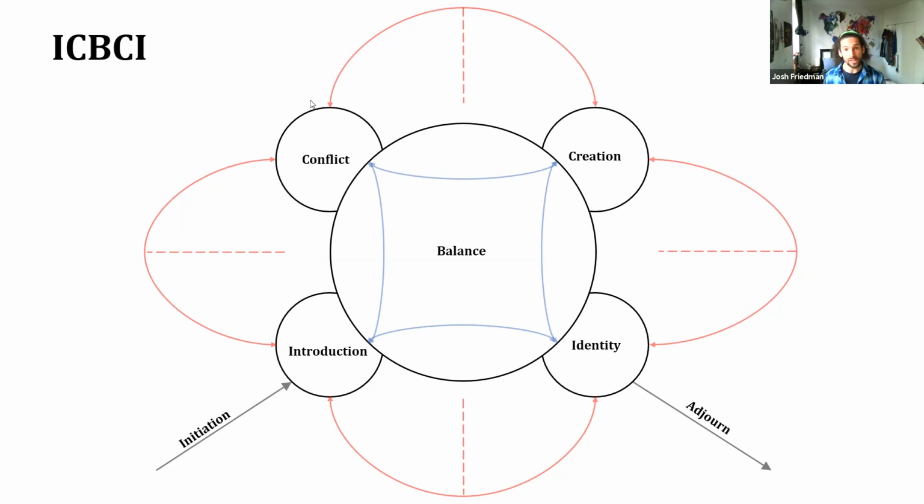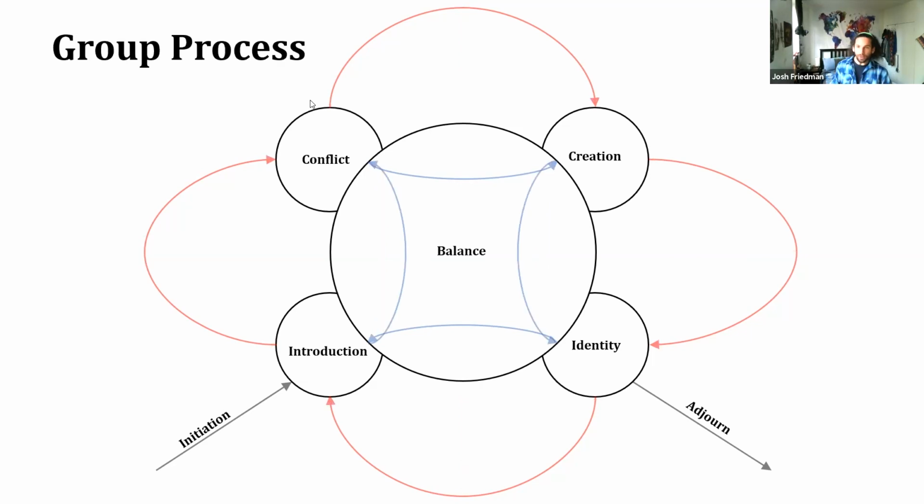And we decide when we clash, we're going to use I statements so that we don't make assumptions of other people and what they're thinking, right? We're going to actively listen so that we don't listen to respond, we listen to understand, right? So these are norms that we can agree on as we move into conflict to be able to better handle all the conflicts that we are going to engage in, right? And this is a group process, right? This is happening on a group level and an individual one. We're going to start with the group level, okay? What does it mean for a group to move in a balanced way from introduction to conflict?